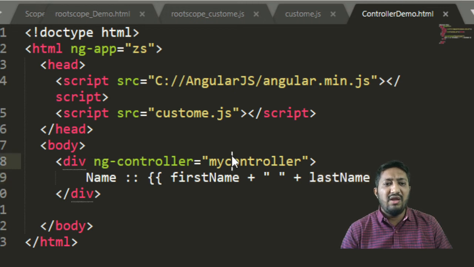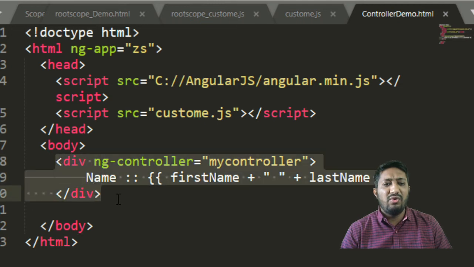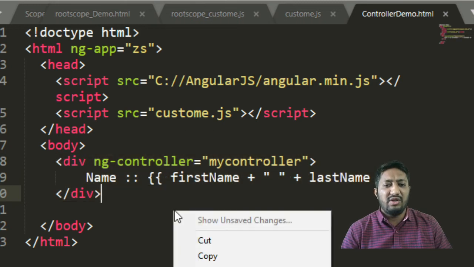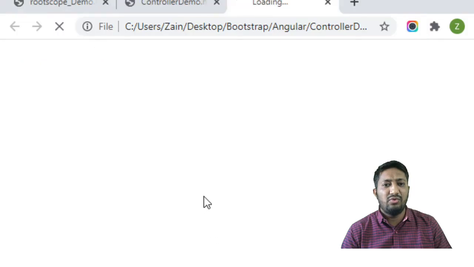So here my controller is taking the responsibility within this div tag, because we are controlling this div tag with the help of ng-controller, and that controller name is myController. So let's run this particular code and check the output.